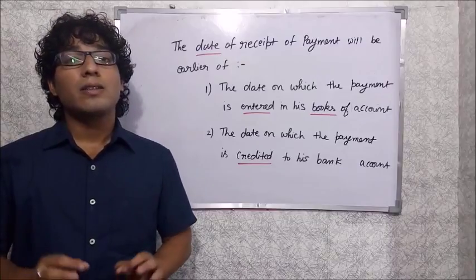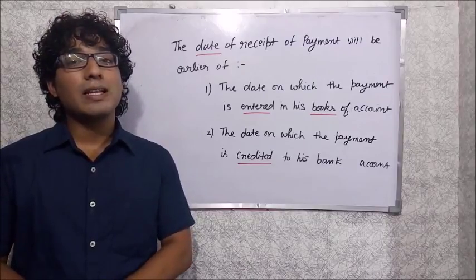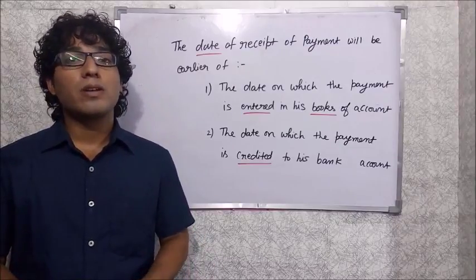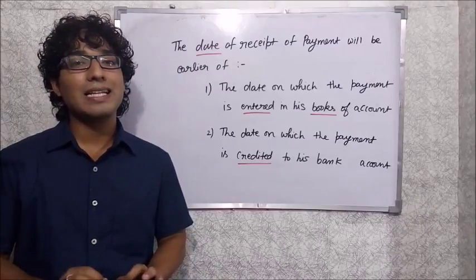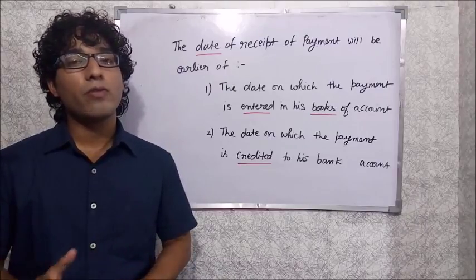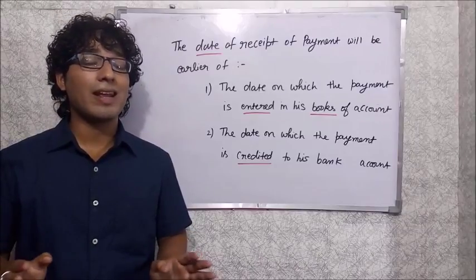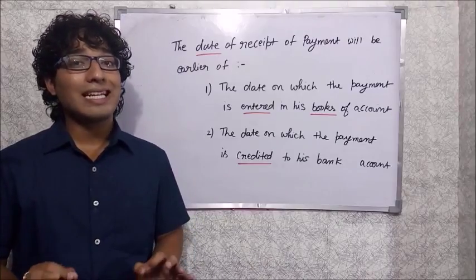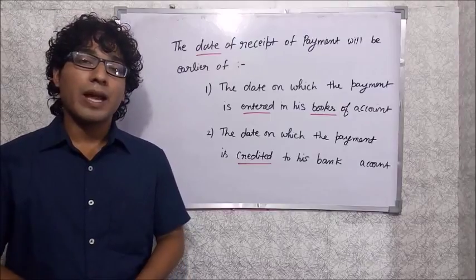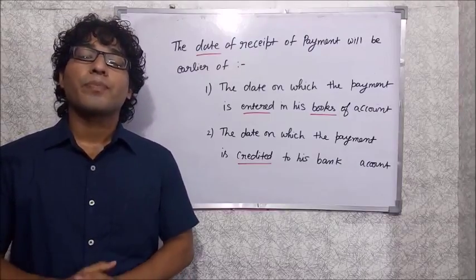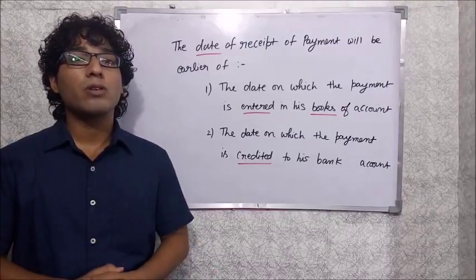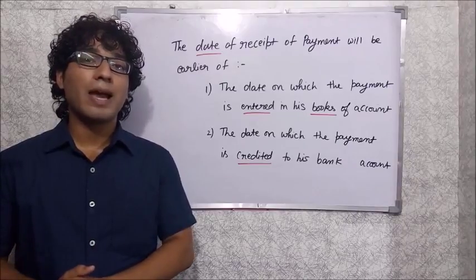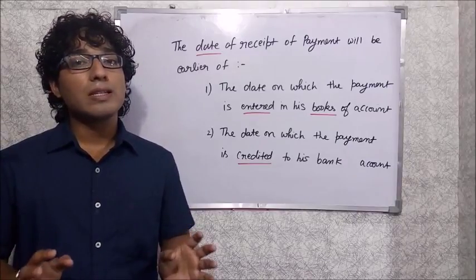The first situation is when the invoice is issued within the time limit prescribed under section 31 subsection 2. In that case, the time of supply of service was the earlier of the date of issue of invoice and the date of receipt of payment. And in case the invoice is not issued within the time prescribed under section 31 subsection 2, then the time of supply of service was the earlier of the date of provision of service and the date on which the supplier receives the payment. So in both situations,